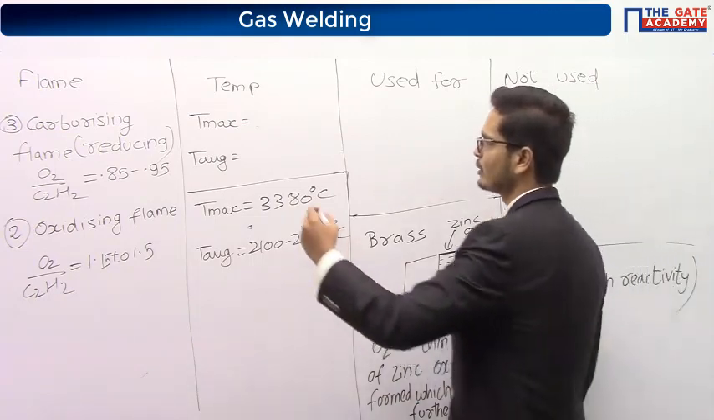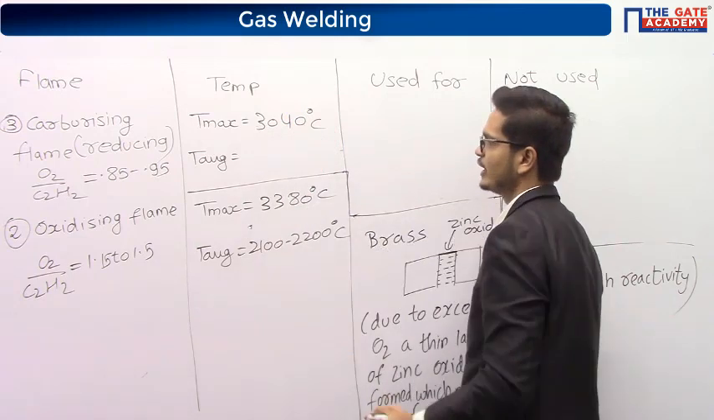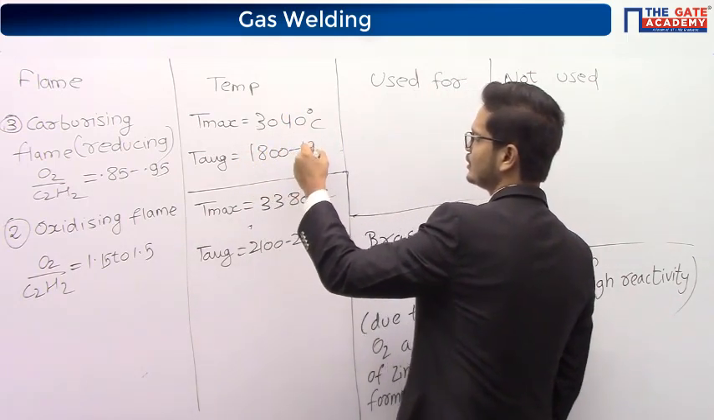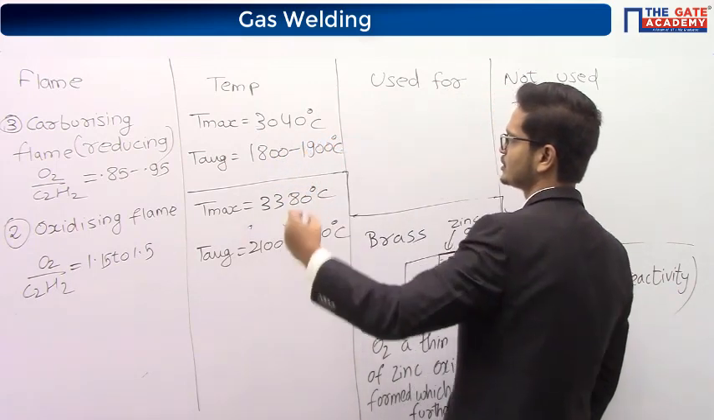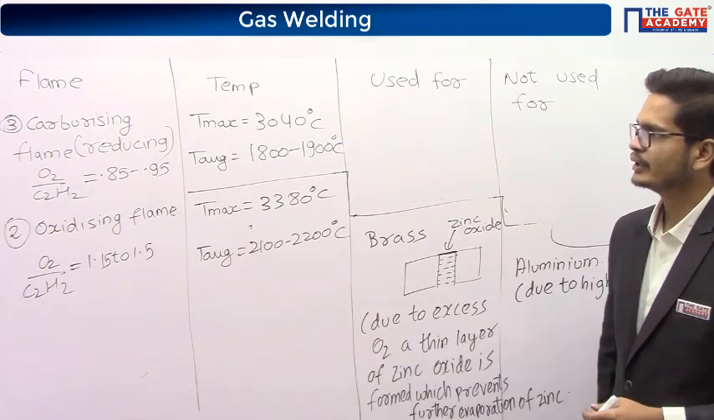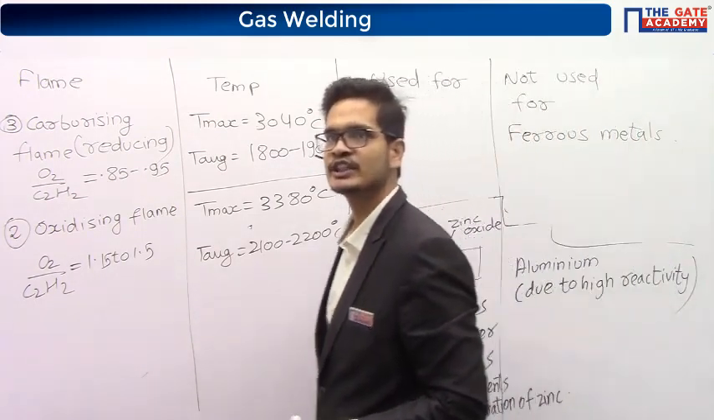It is 3040 degrees Celsius. Average temperature is 1800 to 1900 degrees Celsius. Now what happens here is, you can see